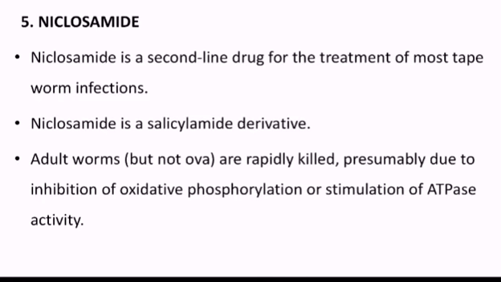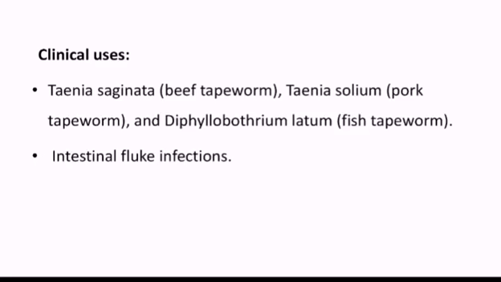The sixth drug is niclosamide, a second line drug for the treatment of most tapeworm infections. Niclosamide is a salicylamide derivative. The adult worm but not the ova are rapidly killed, presumably due to inhibition of oxidative phosphorylation or stimulation of ATPase activity. As clinical uses, it is the second line drug, used for Taenia saginata, the beef tapeworm, Taenia solium, the pork tapeworm, and Diphyllobothrium latum, the fish tapeworm, and also used in intestinal fluke